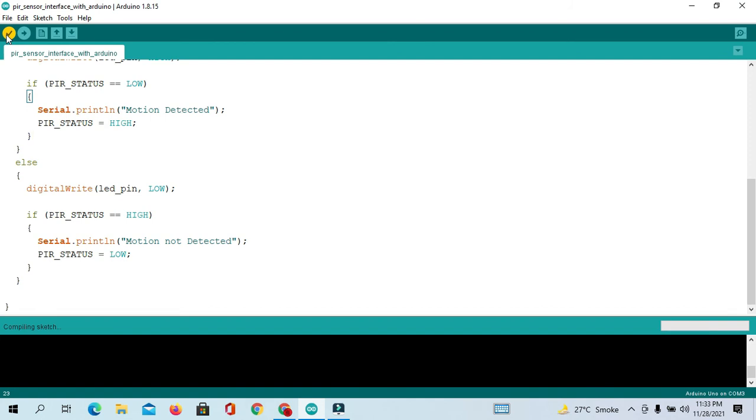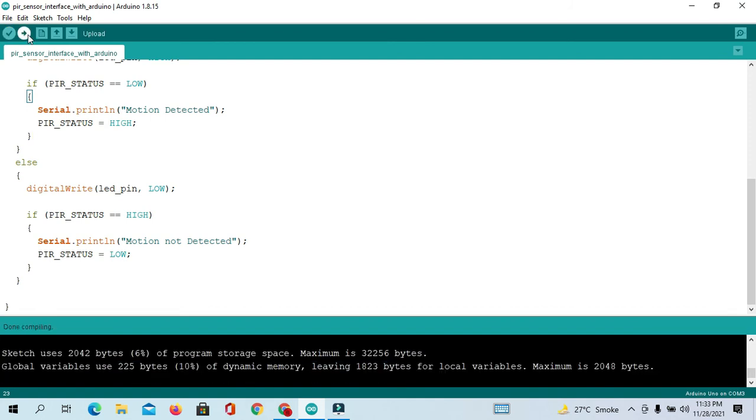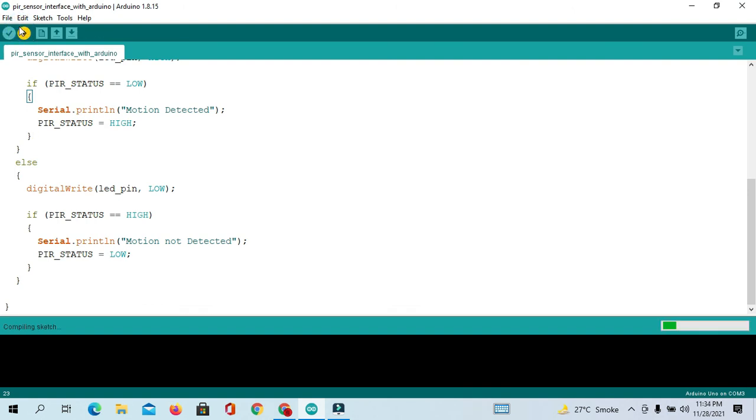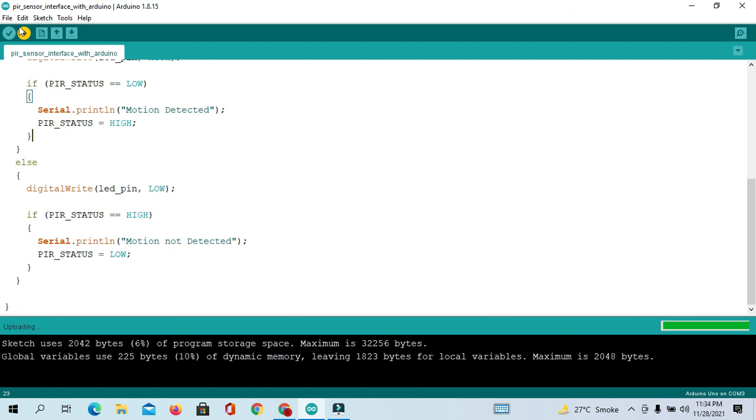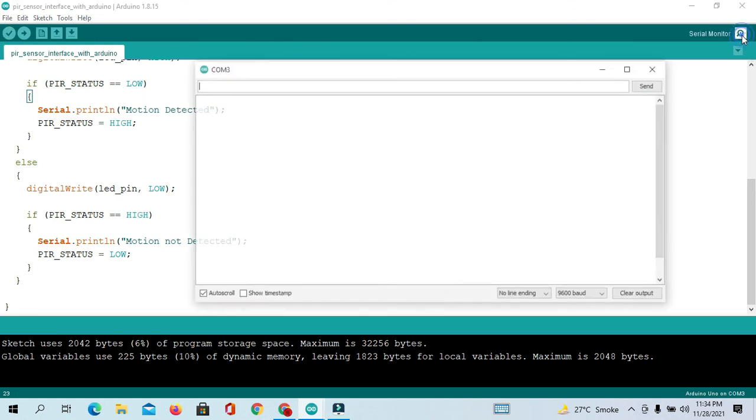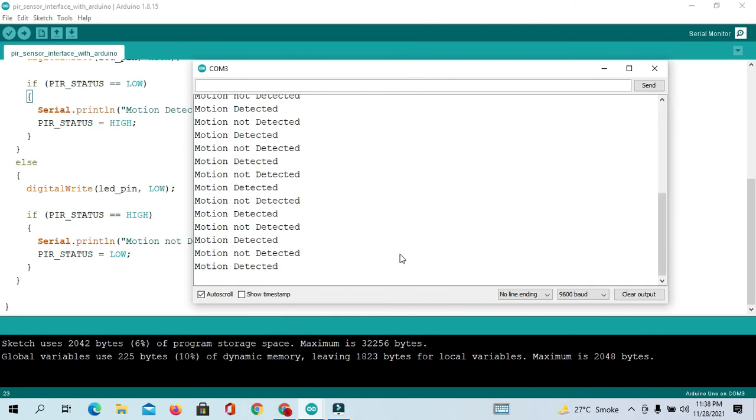It will take a few seconds. If you have any doubt, please tell me in the comment section. Connect your USB port to your laptop or PC. So now let's upload the code. Okay, so you can see here. Let's see the output.